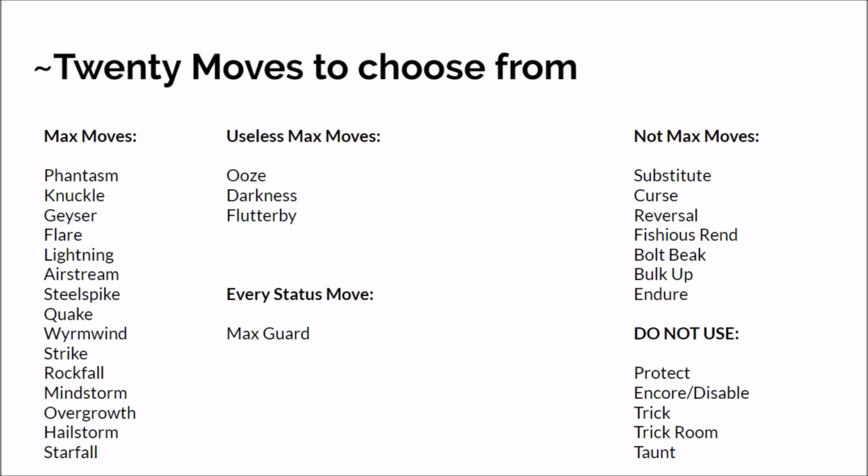A Dynamax metagame is made up of roughly 20 moves. You've got the max moves, mainly Phantasm, Knuckle, Geyser, Flare, Lightning, Airstream, and Steel Spike. And then you've got some that are usually useless, and of course Max Guard. And then you do have some moves that are useful without Dynamaxing, which are Substitute, Ghost-type Curse, Reversal, which hits